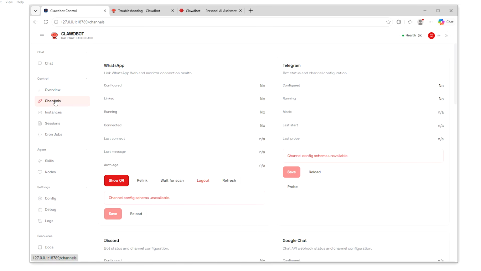Then we have the channels. So no channel is in. I have not configured any channels, so it is not showing here. So you can also configure here by